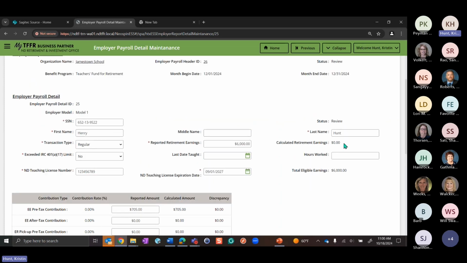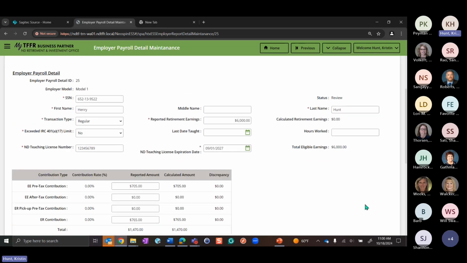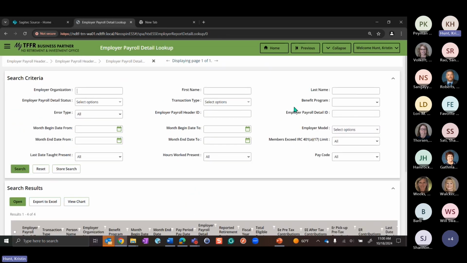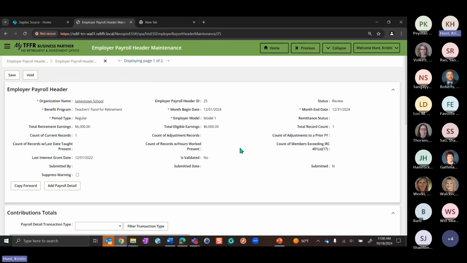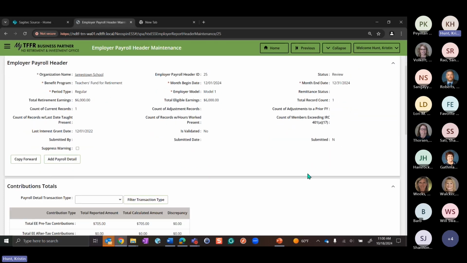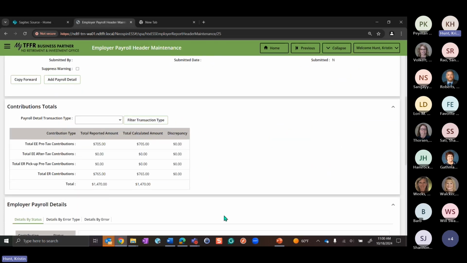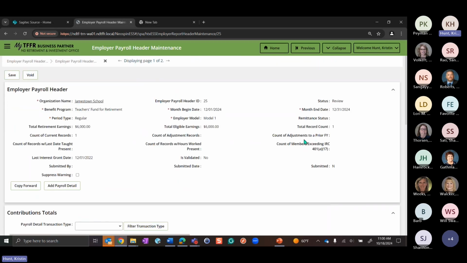But basically you would fix this, go past the error. I'm sorry, I can't show you guys again, but it's basically the same thing. So I'm going to go back to the header, and you would get this into the valid status, and you would get that same panel where you certify and submit your name, and it would do the same thing. So that is how you can create it manually. Are there any questions about that?